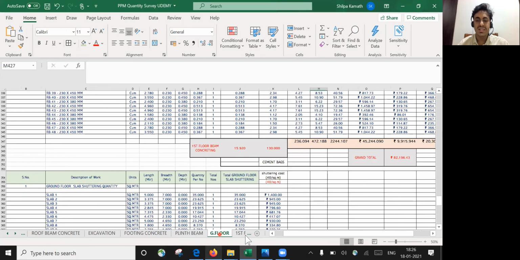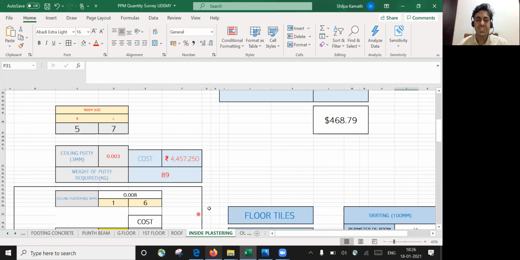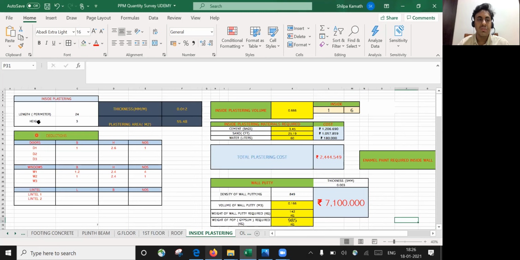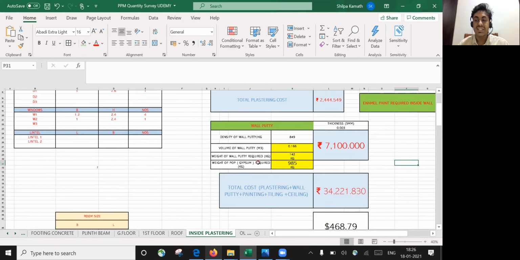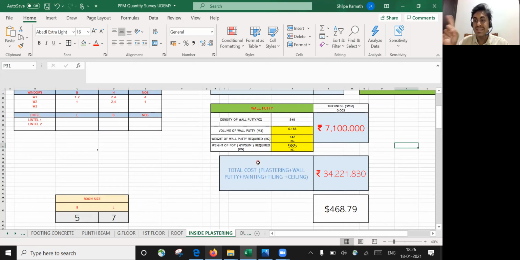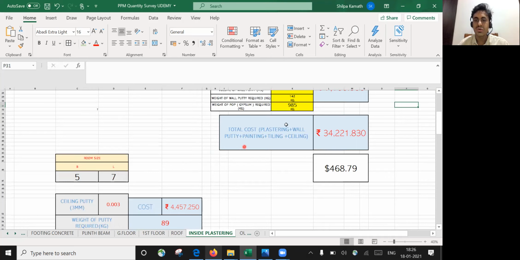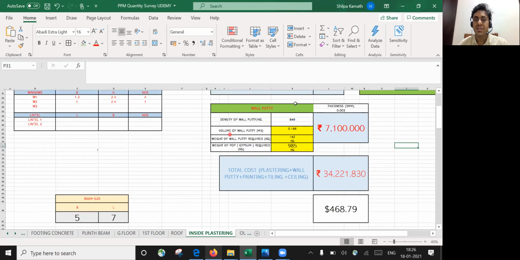Once all the floors are done, next we'll go to the most interesting part, that is about the interiors. That is, we'll also try to find out how much plastering is required, how much amount of plastering has to be done. Then we'll try to find out how much extra plastering is to be done, how much ceiling putty has to be put out, right? You can see it here, ceiling putty. Then what is the total cost that will happen if I put up the ceiling,